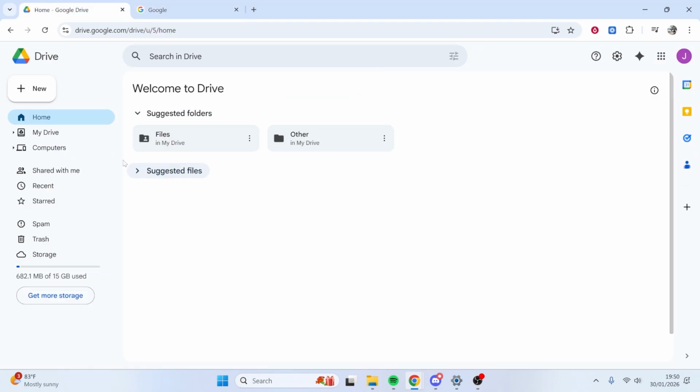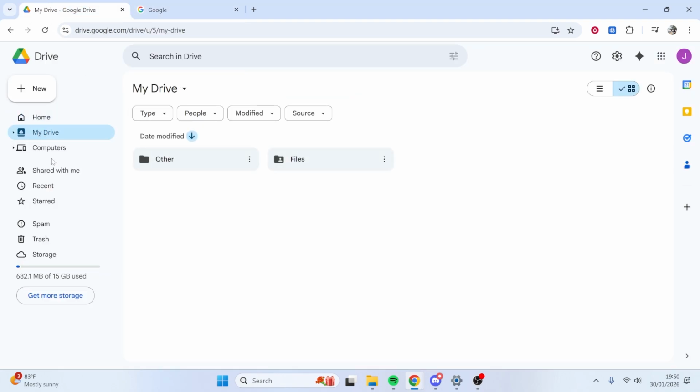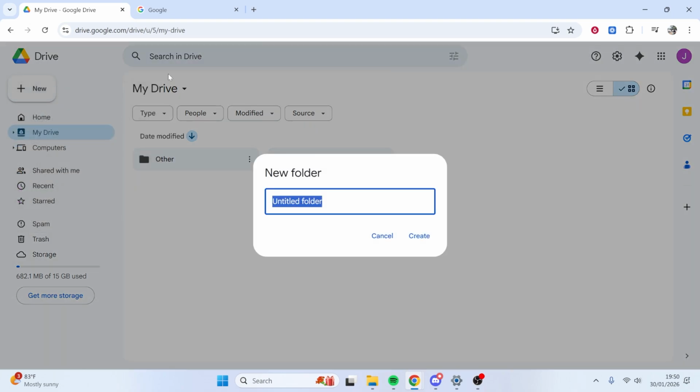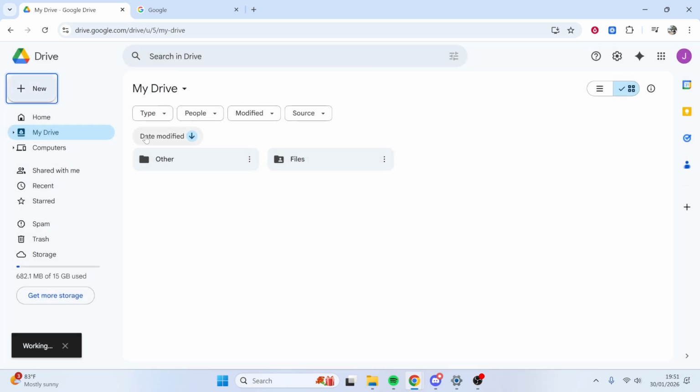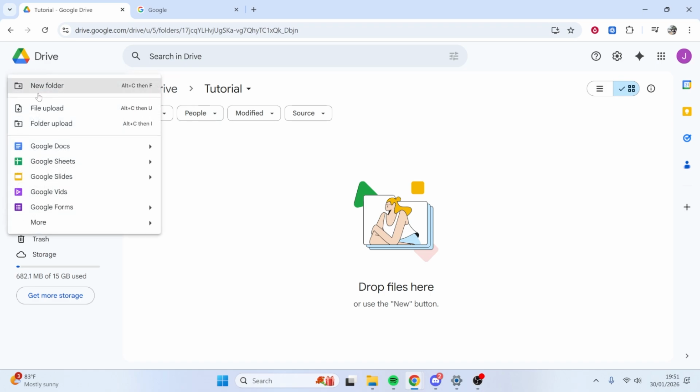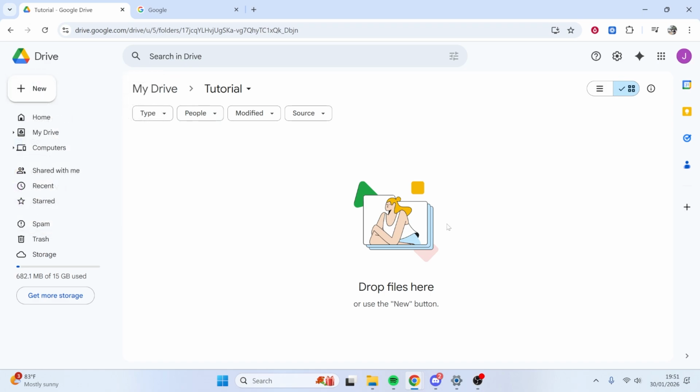Once you're there in Drive, what I would do is go to My Drive, and from here you can go ahead and click New Folder, and then call this folder whatever's relevant to your files, photos and videos. I'll just name this tutorial, and what that will do is it will create a folder. If you double click on that folder, you can then go ahead and upload your photos and videos to this folder. You can do that by going to New and then File Upload, or